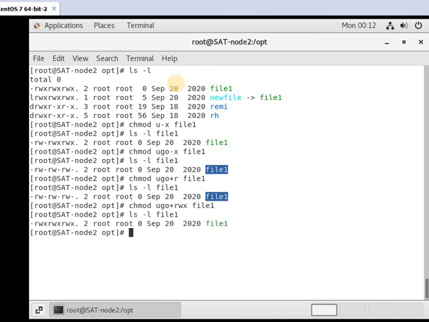You see, now file1 has the complete execute, read and write permissions at all levels, user,